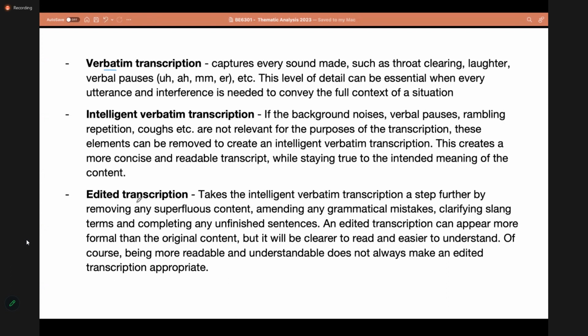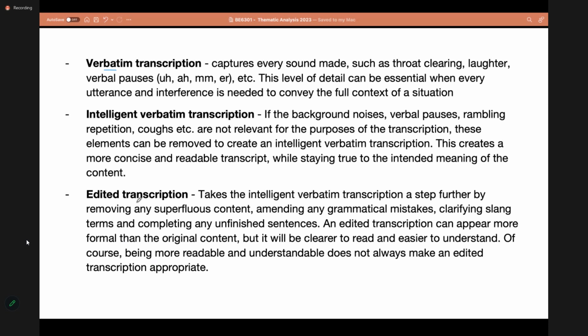Then the third level is the edited transcript. Here we are taking these intelligent transcripts further by editing out or removing any superfluous content. Say you think, okay, this is not relevant to my research. He was just talking about some other topic that's not relevant to my topic, so I don't have to transcribe that.